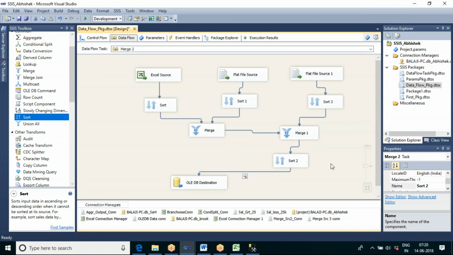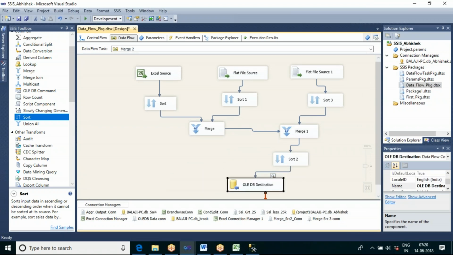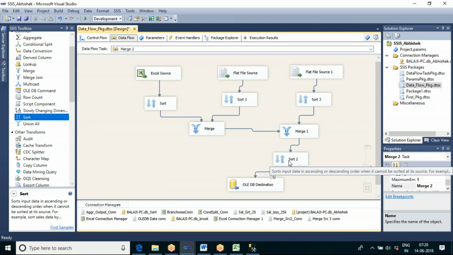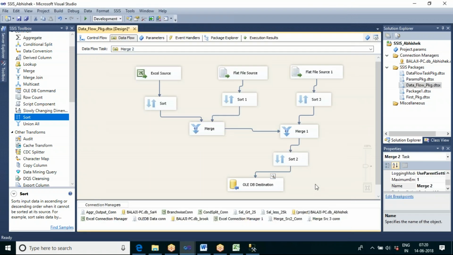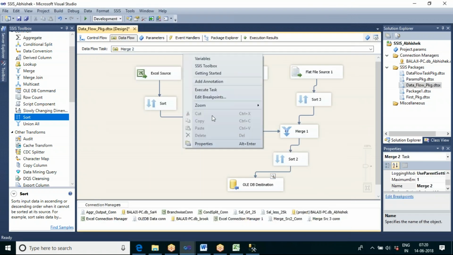For the final one, I am passing it to the sort. This output I have taken as one of the inputs, and this is another input. Here we are taking all the columns and removing the duplicates. Now let us go and see.